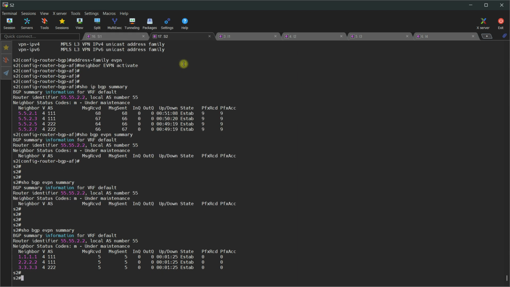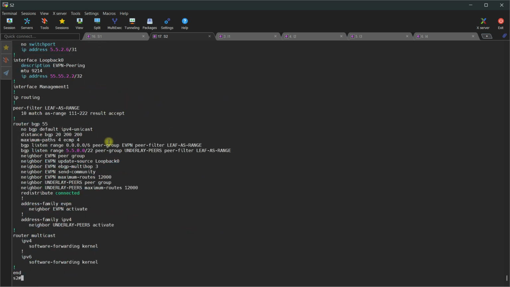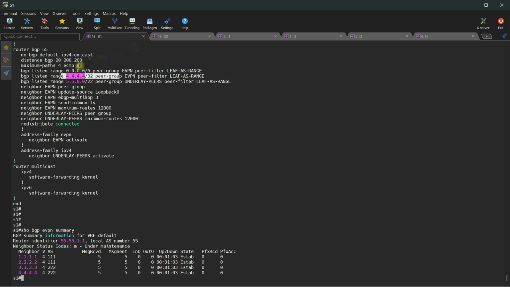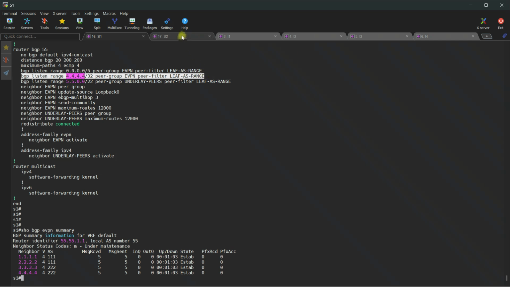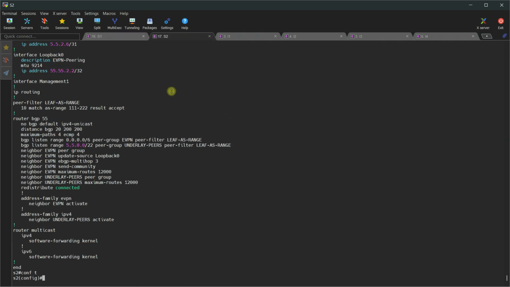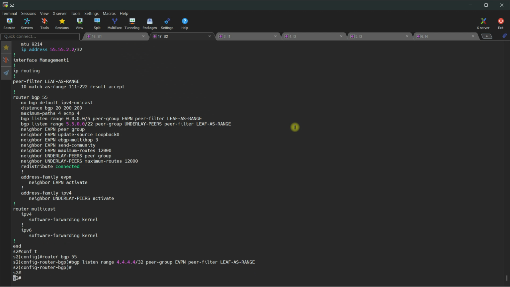So what is different on 2? Show run. Oh, wow. Okay, so we're missing that one. That's what went wrong. I think maybe I only edited on spine 1. Well, that's easily remedied. We just grab this, come over here, config T, router BGP 55, paste this in, and now,